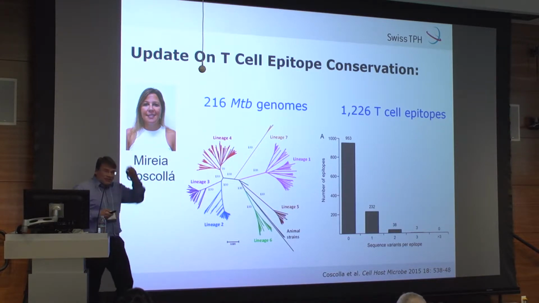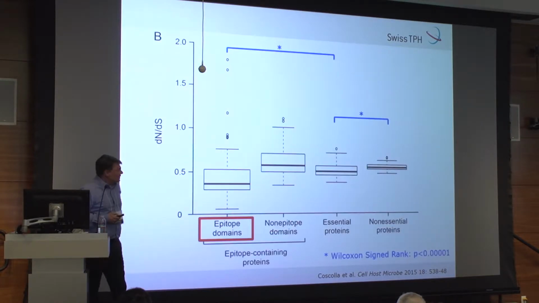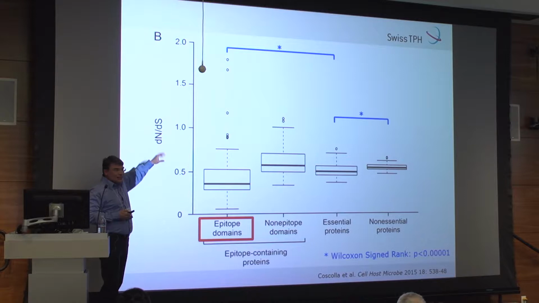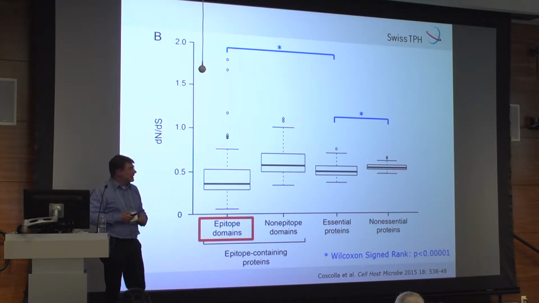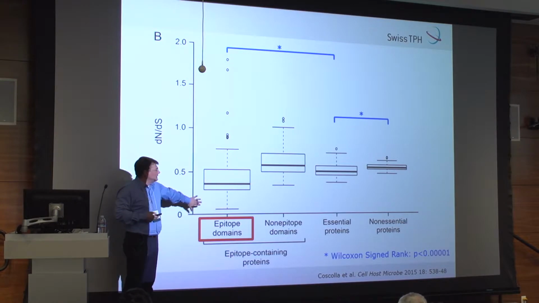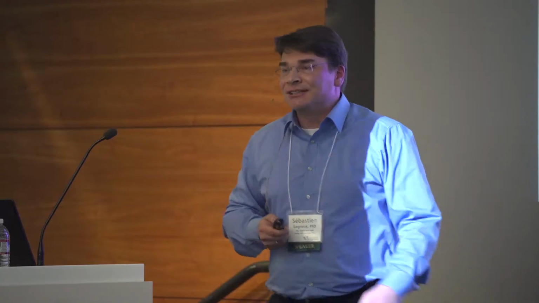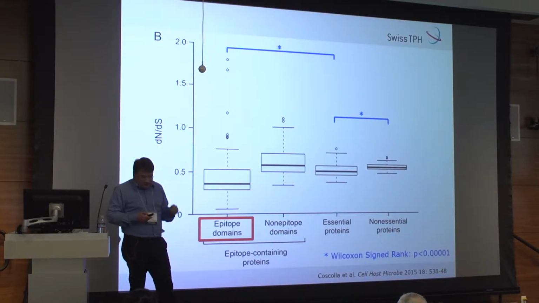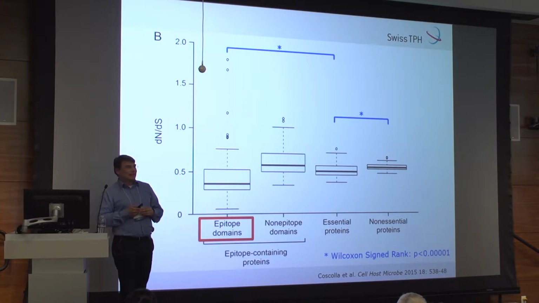Even more extremely, if you look at the evolutionary conservation of these epitopes, using dN/dS, the ratio of non-synonymous to synonymous mutations, you see that the epitope-containing domains are evolutionarily even more conserved than essential genes. Again, essentially the opposite of what we had expected. Since the initial observations, we have been thinking about why that might be, and we have our